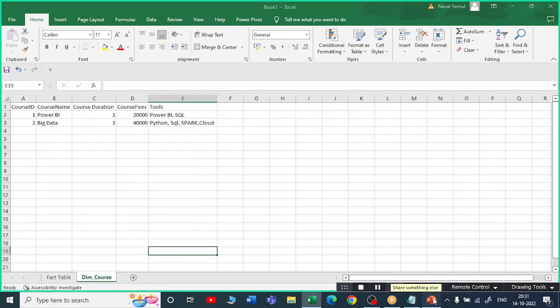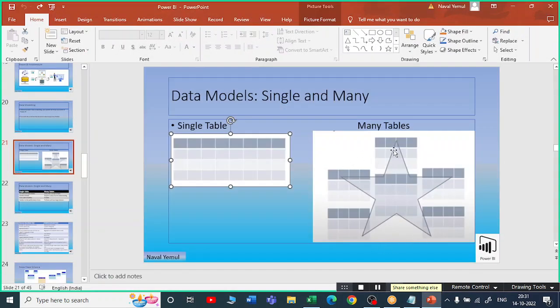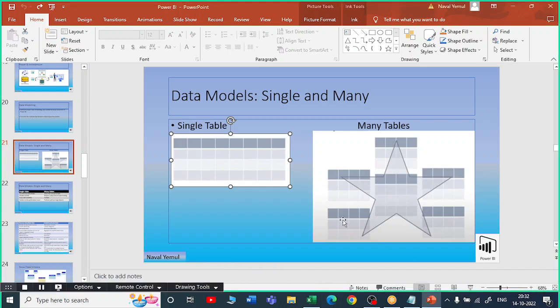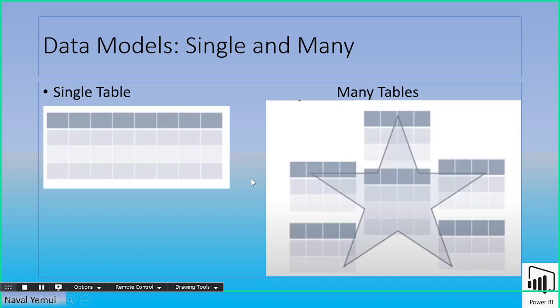Now you might ask me a question, so here we have 4 or 5 tables. Depending upon the scenario, you can have one fact table, two fact tables, three fact tables, or n number of fact tables. In this model, whatever we have done, we have only one fact table. Let me show you. Yes, we have one fact table, and from it we can create other dim tables also. We can create one more table